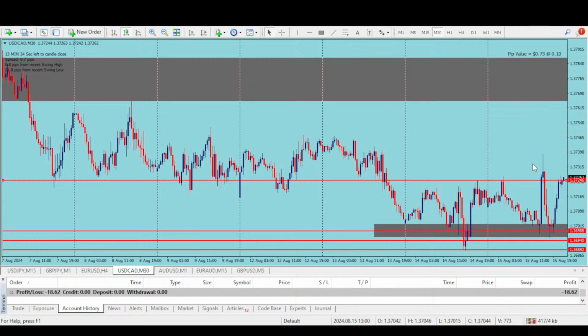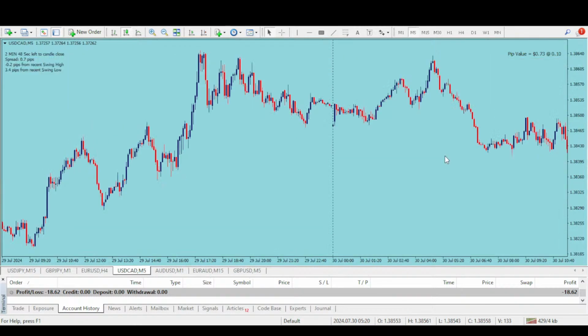Market structure goes with demand and supply zones. And remember, we normally make use of our higher time frame first. When we check the higher time frame, we can look at here. I used 1 hour to determine my demand zone. Then I came down to 5 minutes,